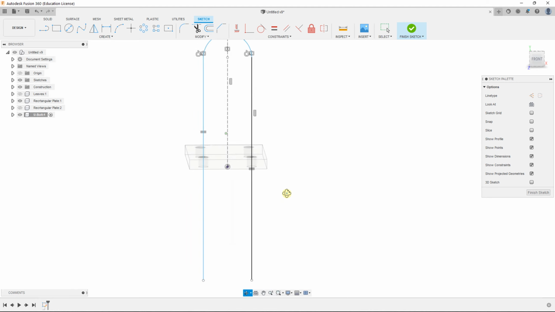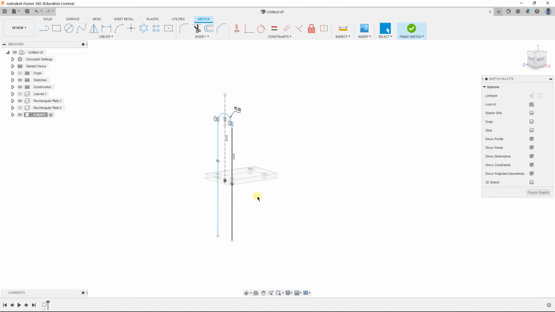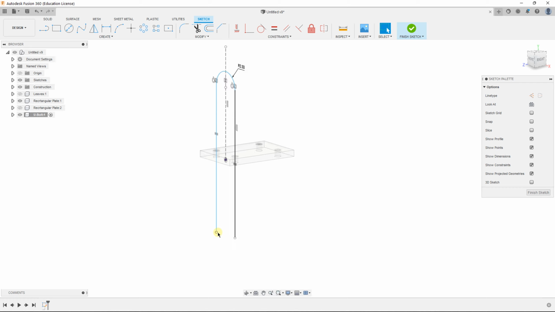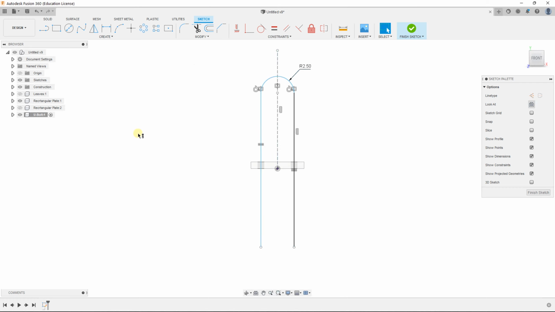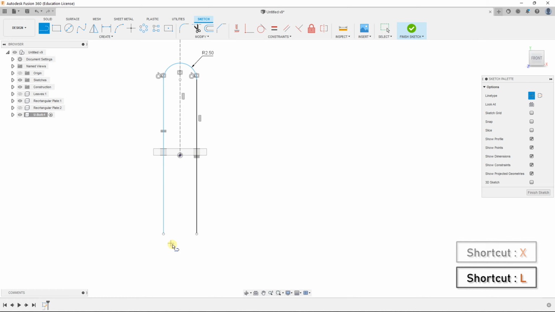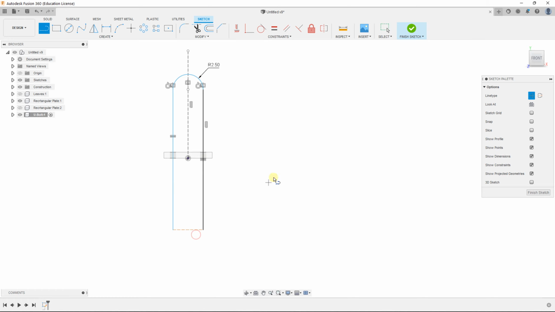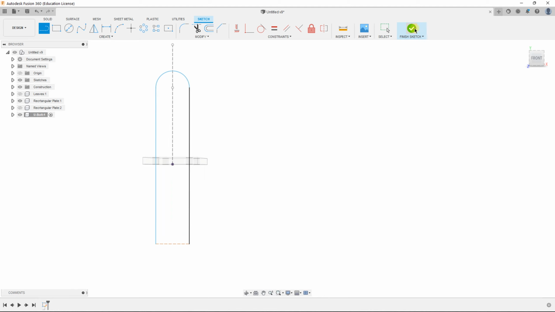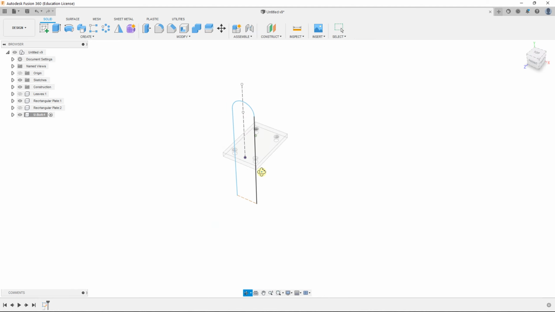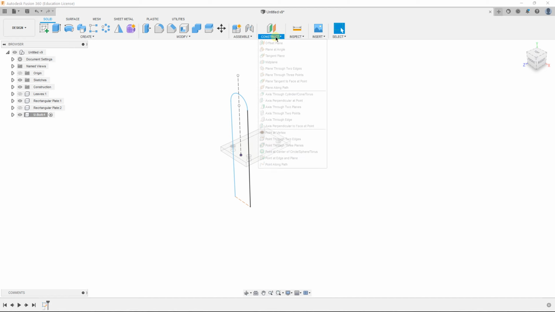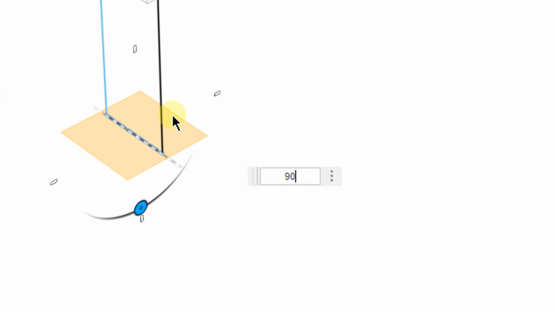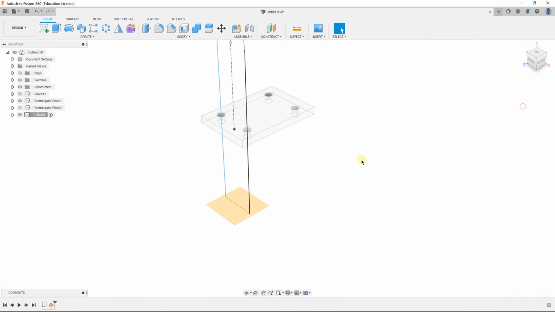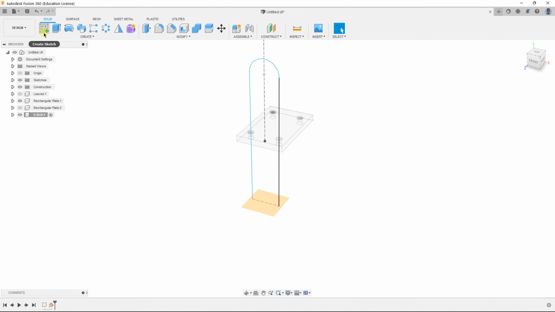After this, we need something more. Okay, before finishing the sketch, create another construction line in here. Okay, now finish the sketch. Okay, now create another plane using this line and make this plane horizontal, so 90 degrees. Okay, click OK, and on this plane create a